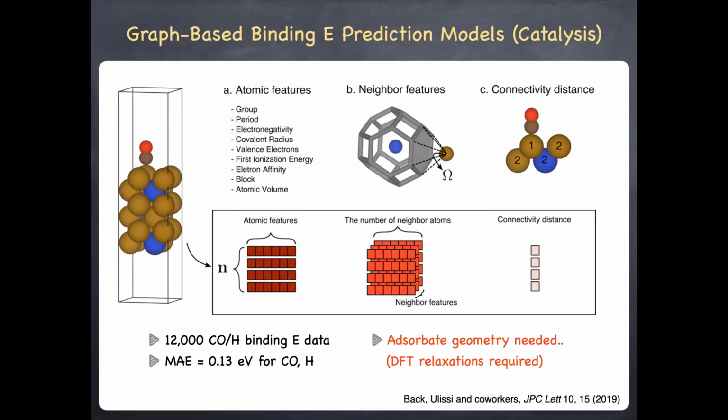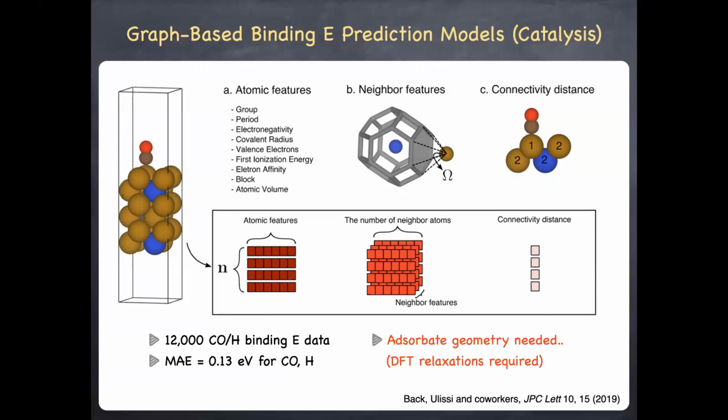Another example of graph-based methods applied to catalysis applications. Here the Ulissi group constructed a graph-based method that allowed the calculation of the binding energies for various metal surfaces. And they obtained about 0.13 electron volt MAE. The accuracy was quite promising, but one bottleneck, which is the case for all graph-based methods, is